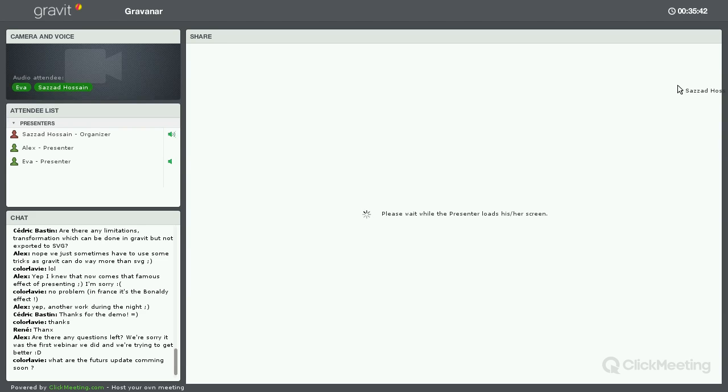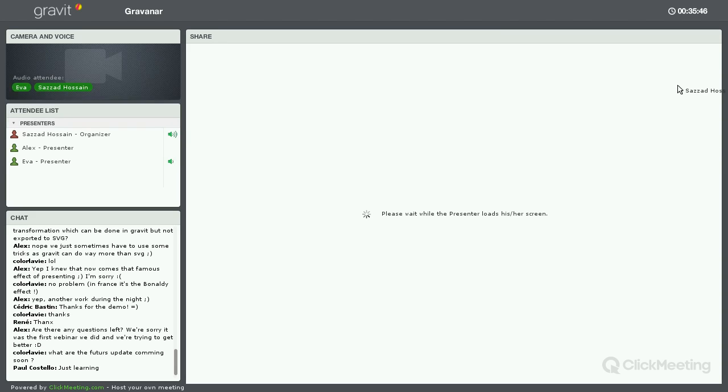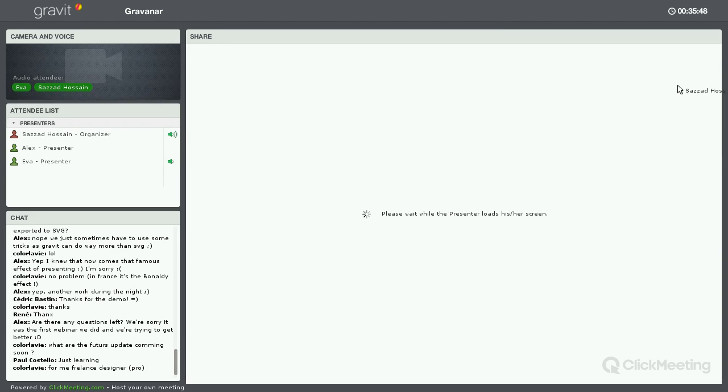Levi asks, what are the future updates coming soon? We are working on several things, and one of them is a brand new text engine. We feel that the current text engine has a little bit of issues where sometimes the text does disappear and sometimes even the color effects don't work. So we're rewriting the entire text engine from the ground up